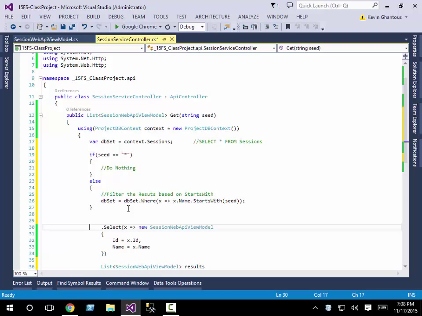Alright? So, what we're saying here is if the seed equals star, do nothing. Don't filter. We want to get back all the results, right? But if it doesn't equal star, then we need to filter. So the dbset, that query, we're going to update it and add the where. Does that make sense? So this line literally does